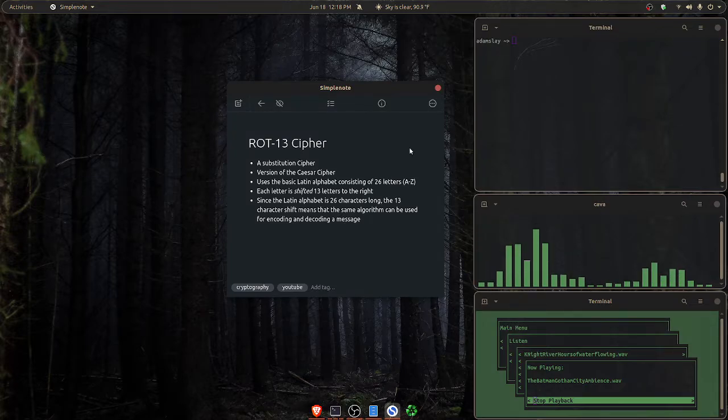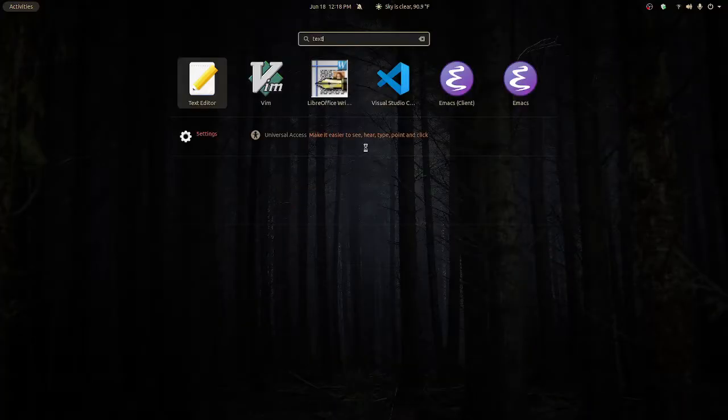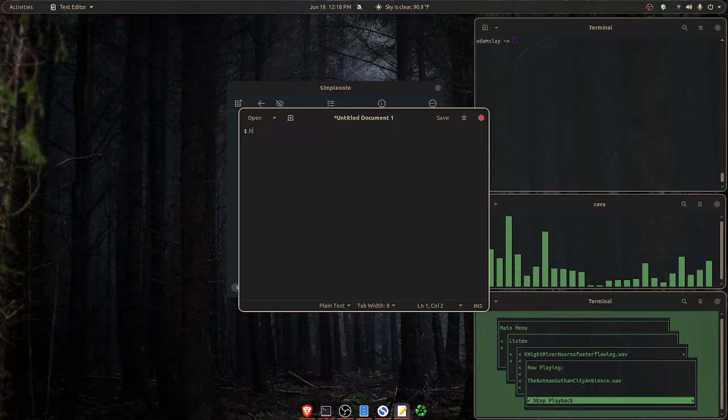Today we're going to be talking about the ROT-13 cipher, which is a substitution cipher, basically just meaning that given a string of some kind, let's say hello world, you substitute each letter in the string with another letter. So let's say you're going to shift each letter over by one space in the alphabet,